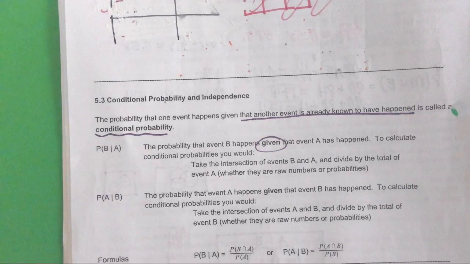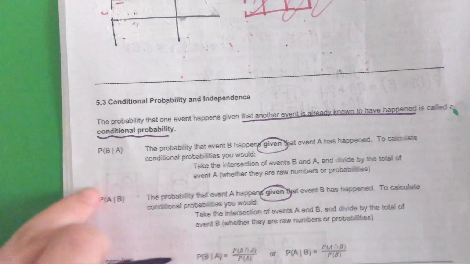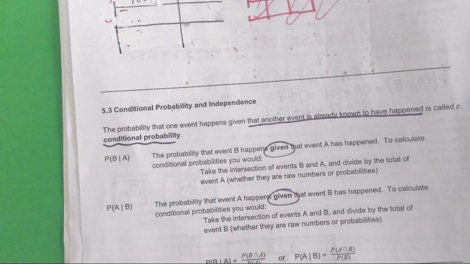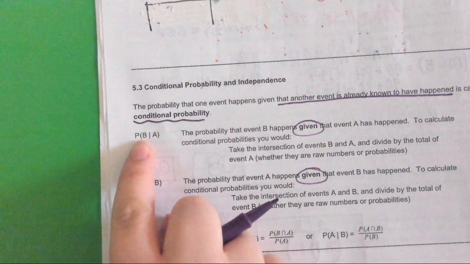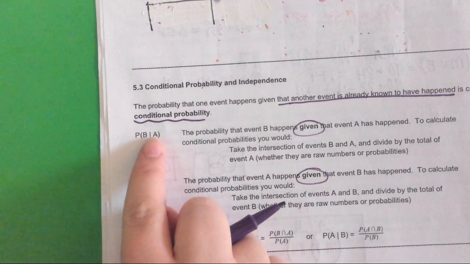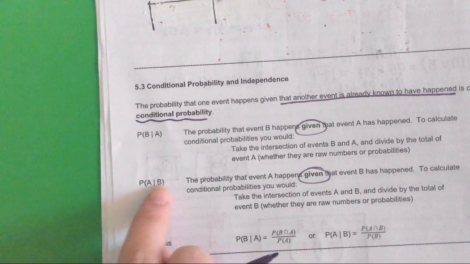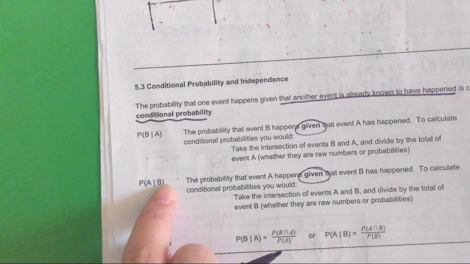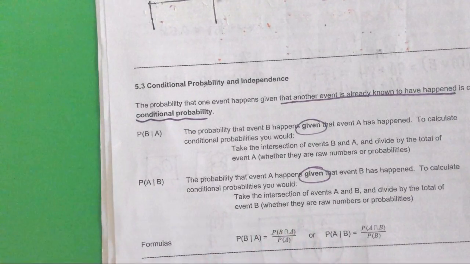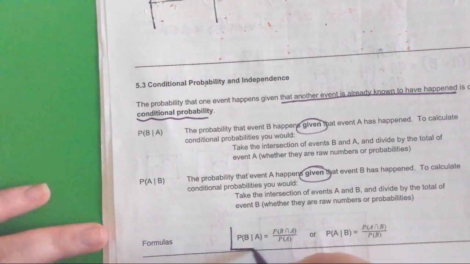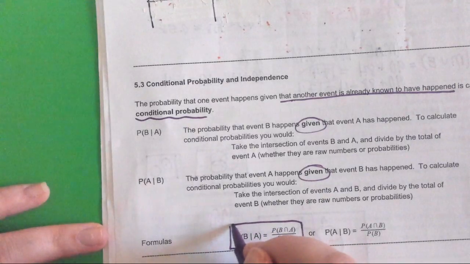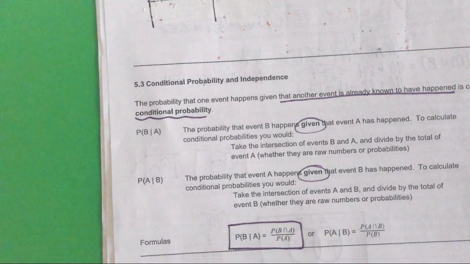I don't know why they wrote the formula twice, other than to say it works either way. So you can be given male, what's the probability that I have pierced ears, or given I have pierced ears, what's the probability I'm a male? It can go either way. And then, of course, there's a fancy formula for it, which if you're a formula person, maybe you want to learn this. I think it's on your formula sheet,